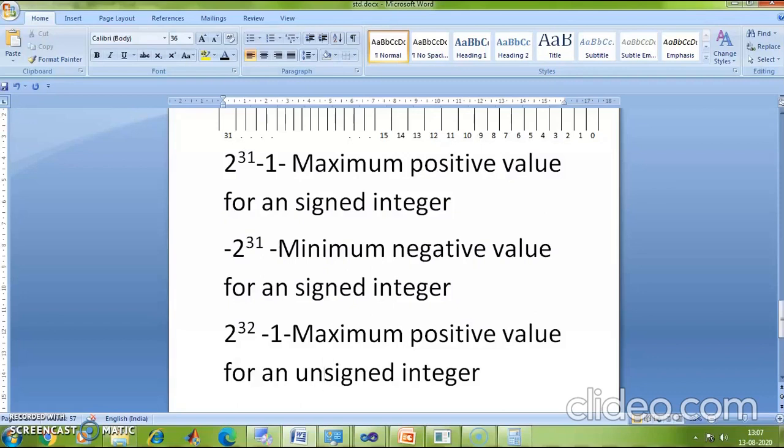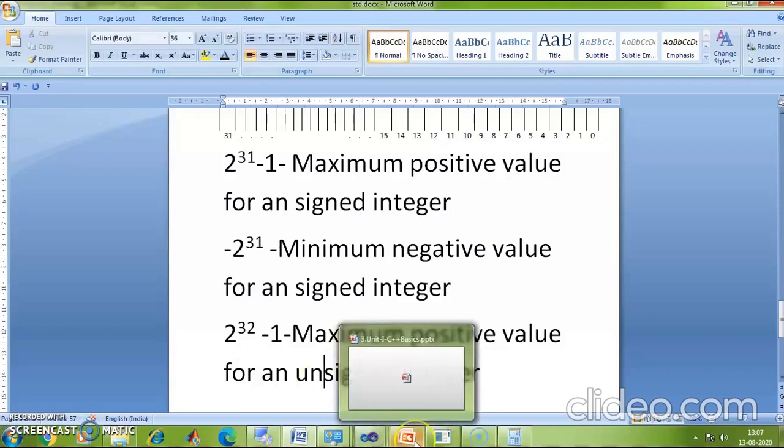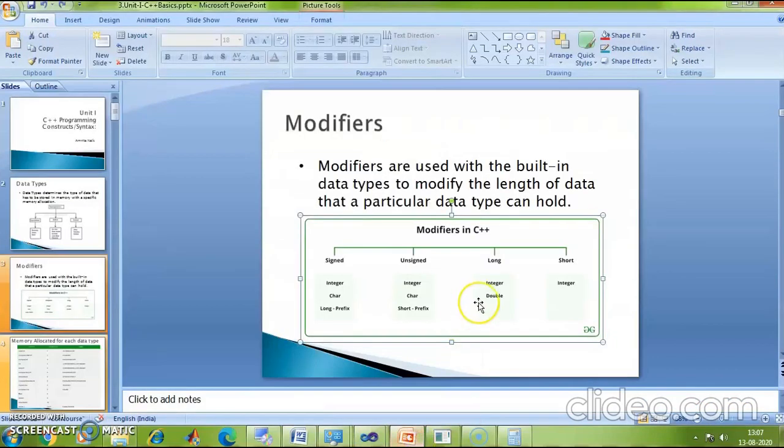Fine? Okay. So coming back to the modifiers, you can even prefix the long and the short modifier with the unsigned modifier, just like we had seen for the signed modifier. And what about the long modifier?